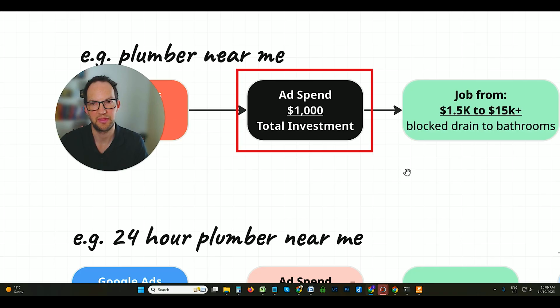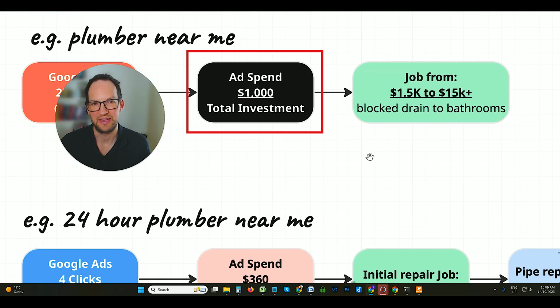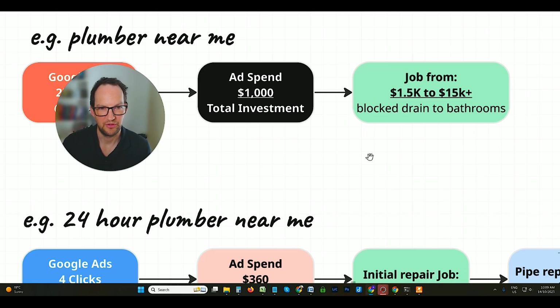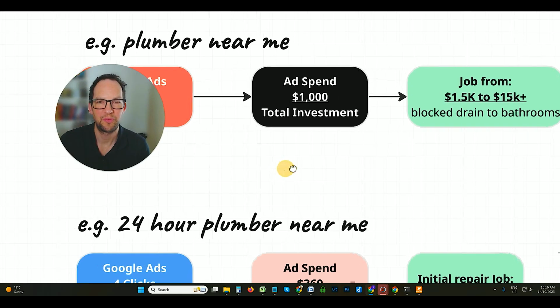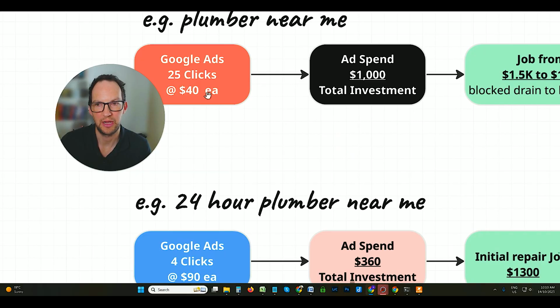So total investment of $1,000. Now, the keyword plumber near me, that could be anything from a leaking tap to a full bathroom renovation. And so you could probably expect jobs from $1.5K even to $15K or more for an investment of $1,000. Just remember, these numbers do vary, and you're not always going to pay $40 a click or $1,000 to